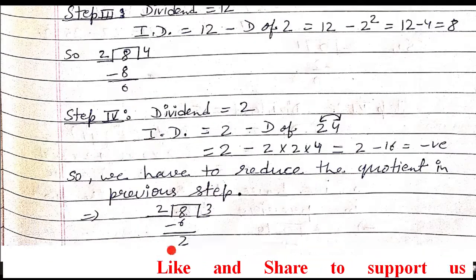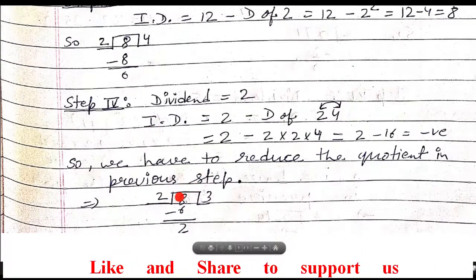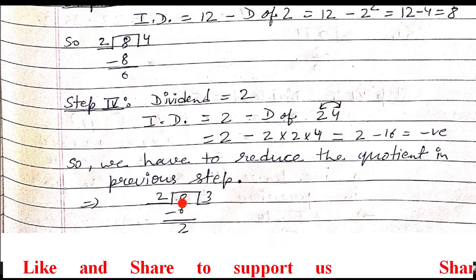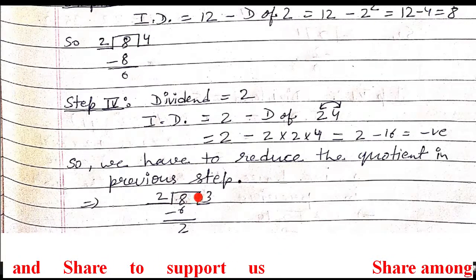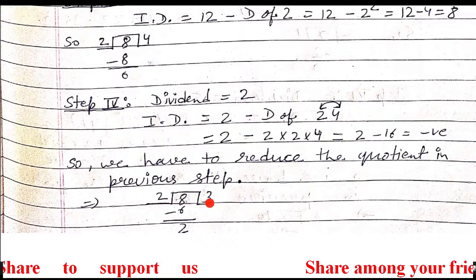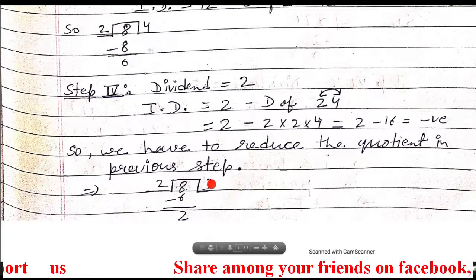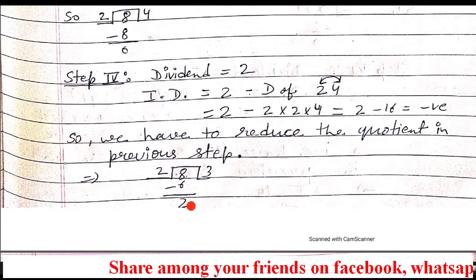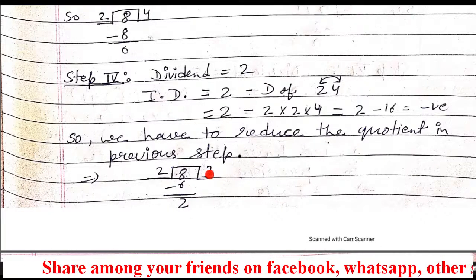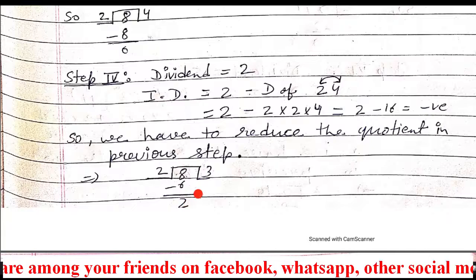So just see the step. When 8, means this division we have to improve. So 8 divided by 2, you do not have to take 4. This time you have to take 3. So 2 3s are 6. 8 minus 6 is 2. So your new quotient is 3 and new remainder is 2. So 3 we already wrote. Now 2 we have to write down, new remainder.